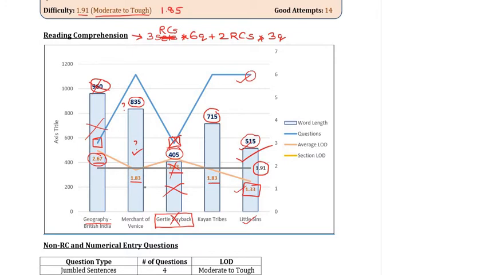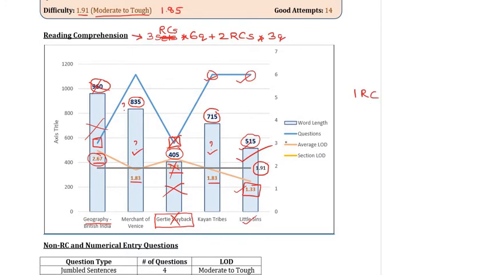The same difficulty as the passage on Merchant of Venice. Again, the good part was that there were 6 questions. So here, I would rate this again as the same as the Merchant of Venice passage. Typically, here, my attempt strategy would be that I would try and do the entire passage,